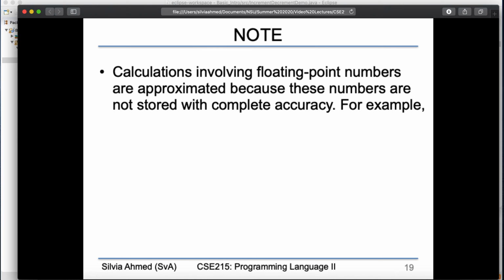You should always be careful when you are using floating point numbers, because floating point numbers are stored in the computer as an approximation. Therefore, when you have this println, just take a moment and think about what this line should output. 1.0 minus 0.1 minus 0.1 minus 0.1 minus 0.1 minus 0.1. So take 3 seconds to think.